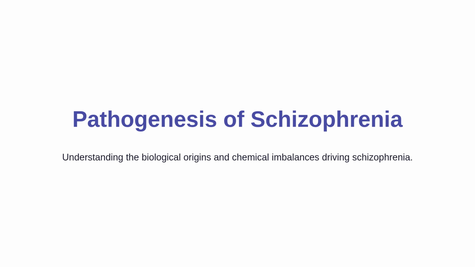Today, we are going to explore a deeply complex and profoundly impactful topic, the pathogenesis of schizophrenia. This disorder affects about 1% of the global population, causing immense suffering. By understanding the exact biological and chemical mechanisms that go wrong in the brain, we can begin to see how modern medicine steps in to help. Let us dive in and build our understanding from the ground up.